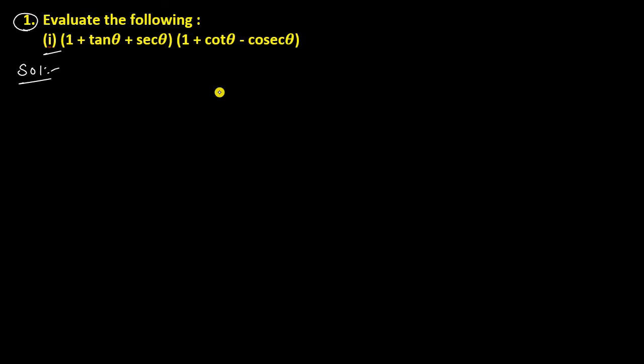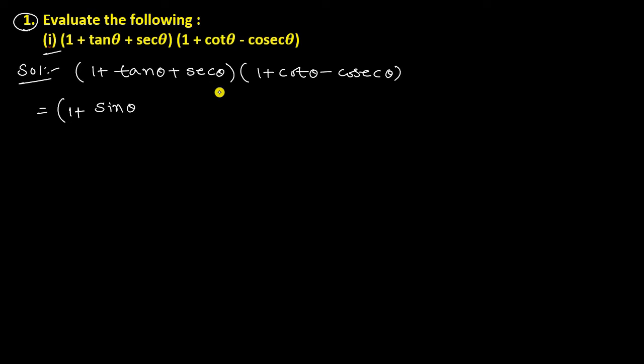Solution. So first take down the given expression. So what is the given expression? 1 plus tan theta plus secant theta into 1 plus cot theta minus cosecant theta, that equals to 1 plus, now tan theta is the ratio of sin theta and cos theta. So we can write tan theta as sin theta by cos theta, plus secant theta is the reciprocal of cos theta. So we can write secant theta as 1 by cos theta